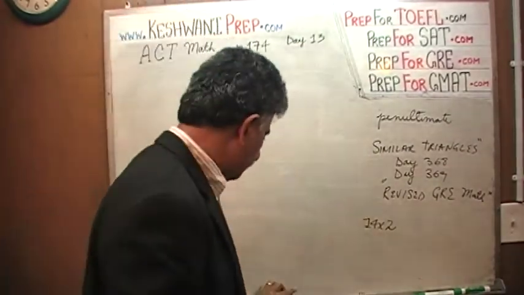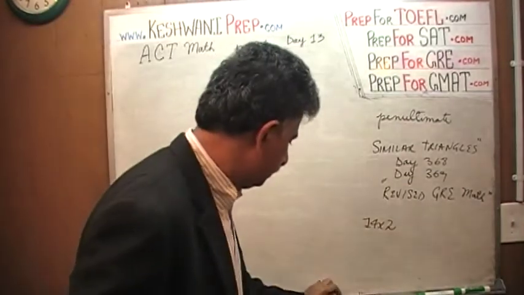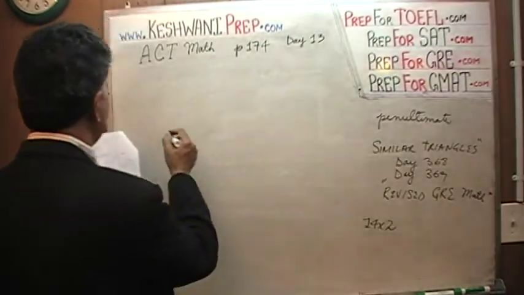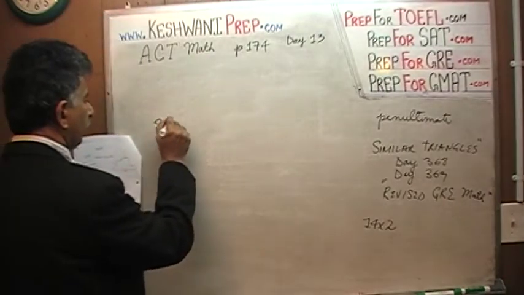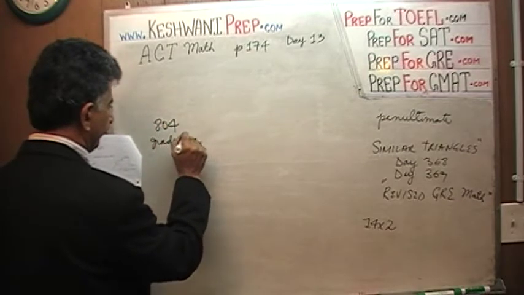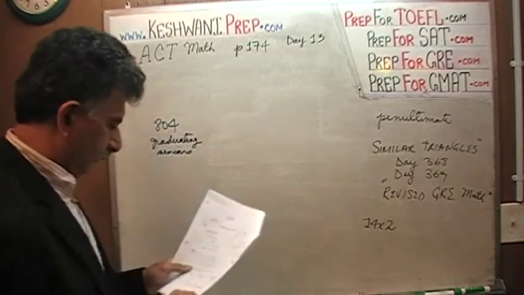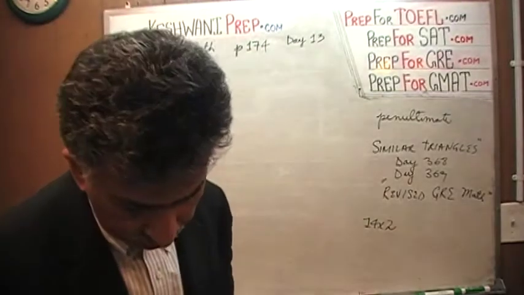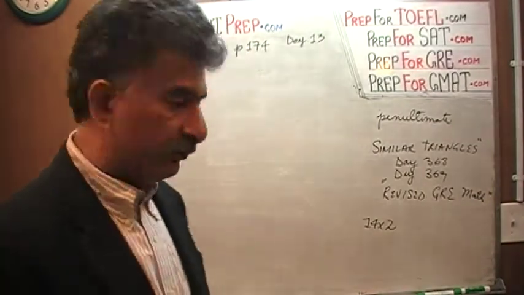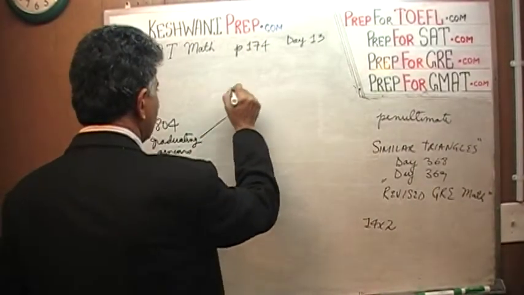In 42 we are told that we have 804 graduating seniors, of which approximately 2/5 are going to go to college. So here are the people who are going to go to college, 2/5 are going to college,